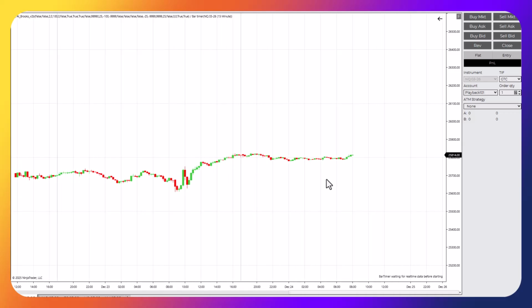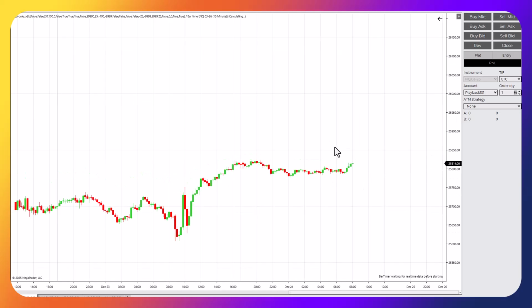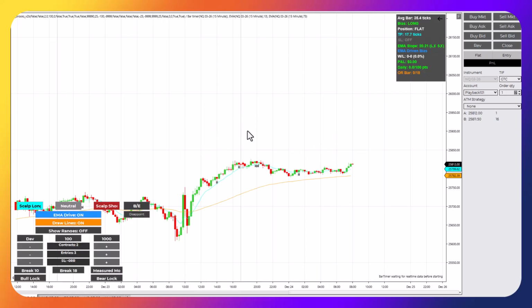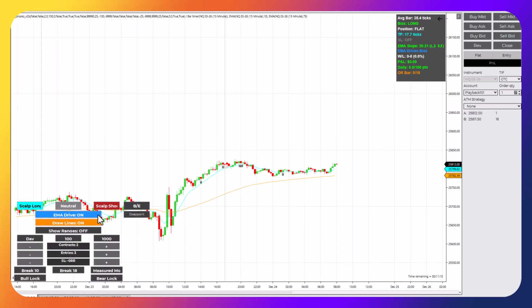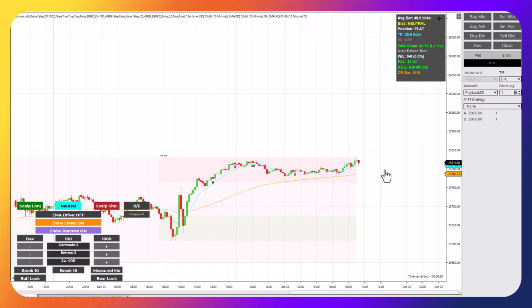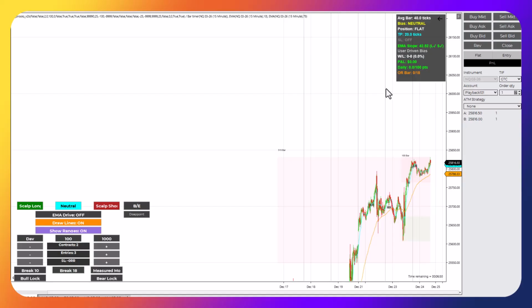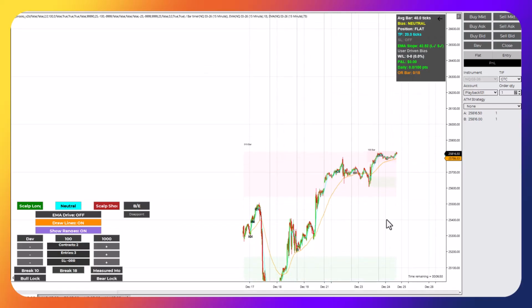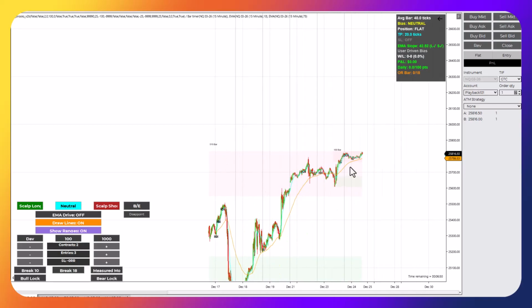Okay, so it's just loading up here. I'd rewind in time. This is the market replay feature in NinjaTrader. So if I say neutral, but I want to show the ranges and I press play, then we should start seeing the ranges. All right, so what it does is it shows you if you're in the top 30%